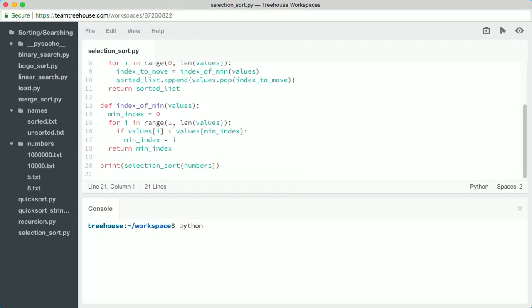We run the Python command and pass it the name of our script, selectionsort.py. In the numbers directory, I've saved several data files filled with random numbers, one on each line. 5.txt has 5 lines, 8.txt has 8 lines, and to help us really measure the speed of our algorithms, 10,000.txt has 10,000 lines. I've even created a file with 1,000,000 numbers. Our script takes the path of a file to load as an argument, so I'll give it the path of our file with 5 numbers,